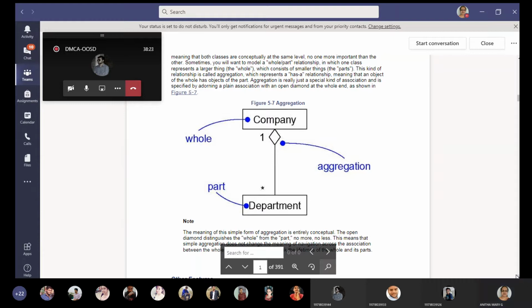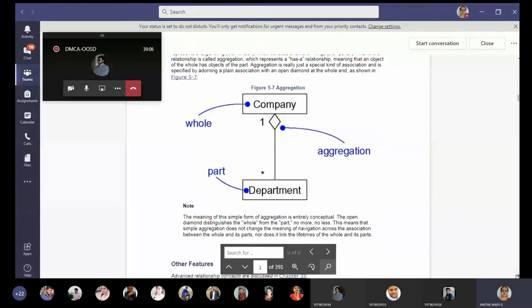Different kinds of inheritance, that is single and multiple inheritance, base class, subclasses or leaf classes, we have learnt. And then next we learnt about association, where association has four adornments to it. They are name and direction first, second is role, third is multiplicity, and fourth is aggregation. Okay, so aggregation is a type of association only. It's a whole-part relationship, a has-a kind of relationship.